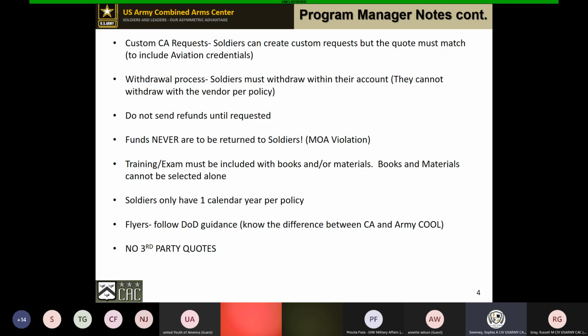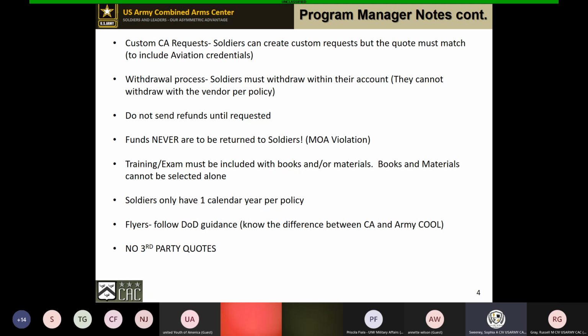All right, really quick, just want to talk about some custom CA requests. I know there's some confusion with custom requests. SODRs are able to create custom requests, but the quotes still must match what they're listing in the Army Ignited system.